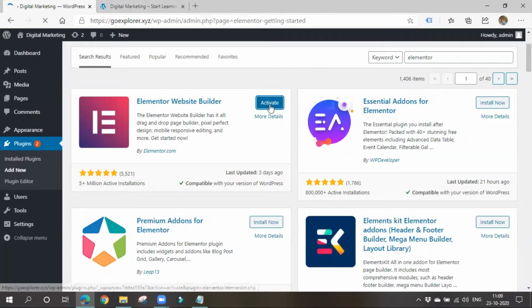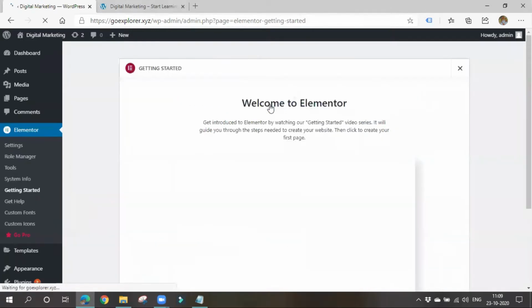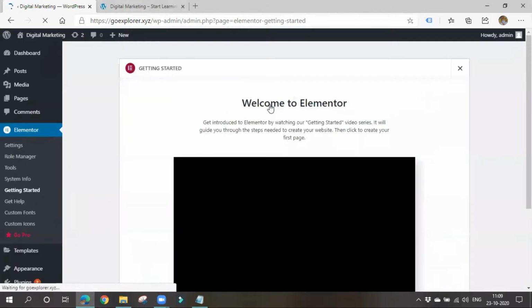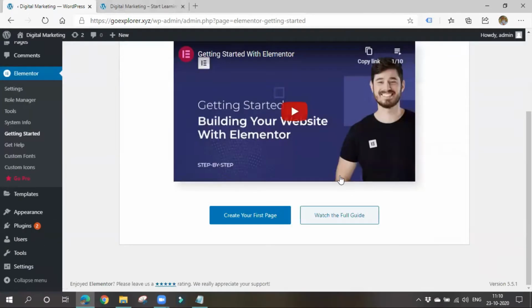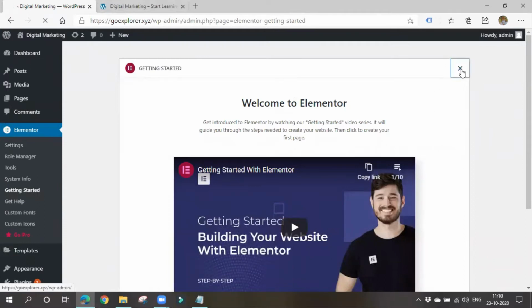Till now, we have used the basic WordPress editor in order to design our website, right? We went to pages, made use of the WordPress editor, and we have been writing some text, adding some images or videos in order to make some customizations. We used WordPress editor only. We have gone to appearance and customize, and then we have been customizing. Now we'll be customizing in a front end editor. I'll show you how it works.